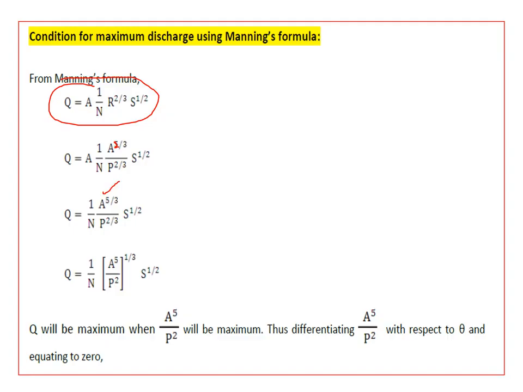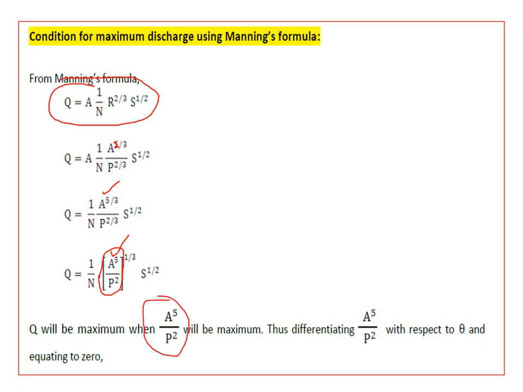Now you can take the power of 1 by 3 common, so it will be A to the power of 5 by P squared. That's the reason the angle theta changes as compared to the previous case. Last time it was A cubed by P, now it is A to the power of 5 by P squared. So if you differentiate this term with respect to theta,